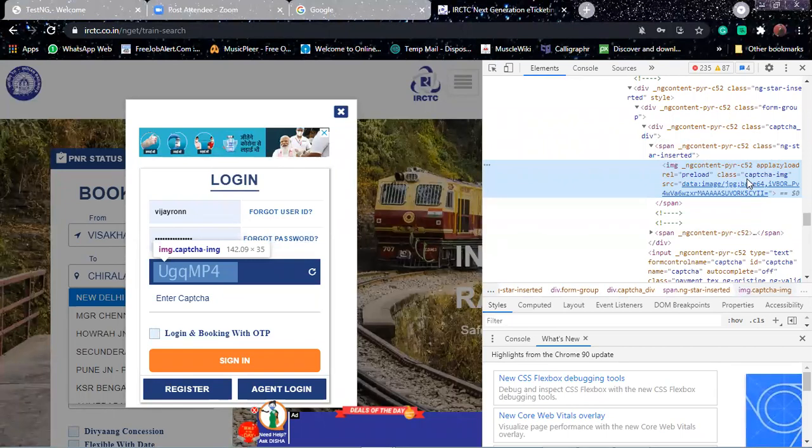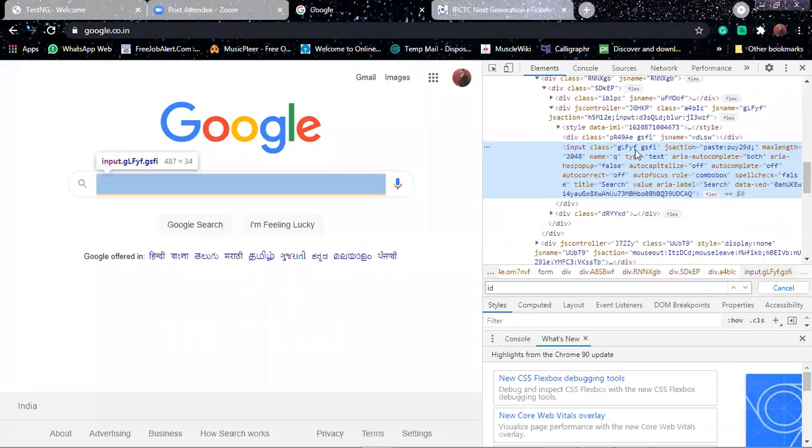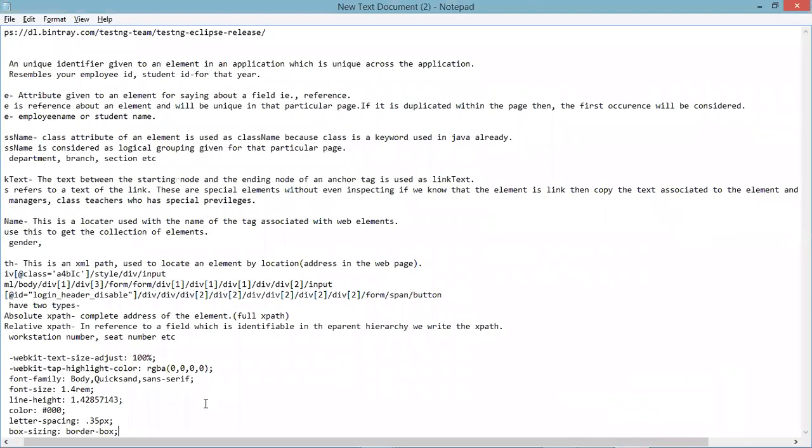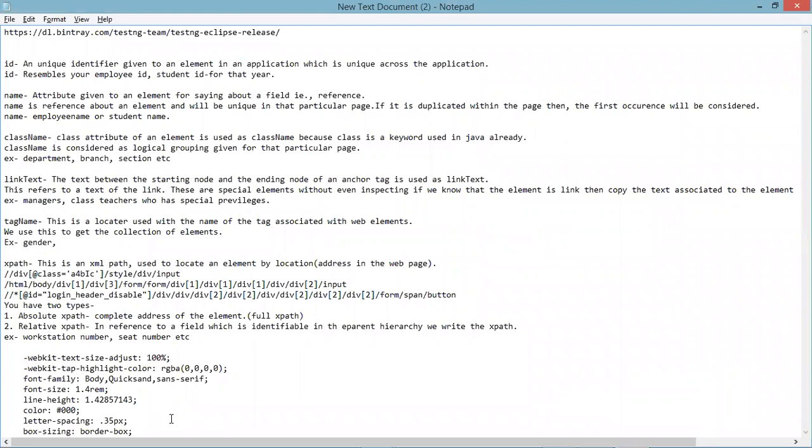With spaces it is easier for you to understand. Check whether you have any class with a space in the name. Copy that class. You can copy only the value part, not the attribute name. You can remove it.